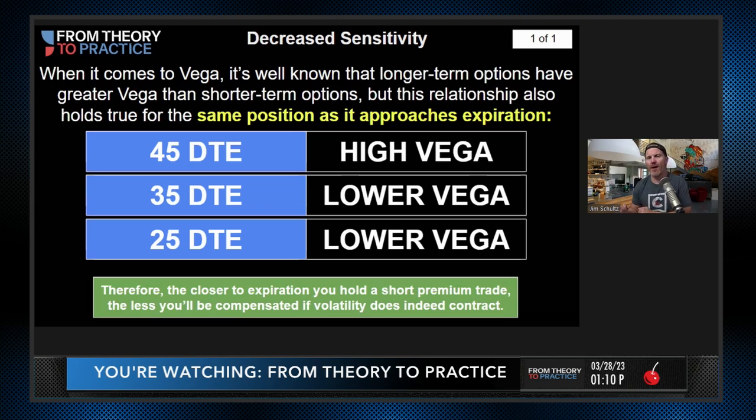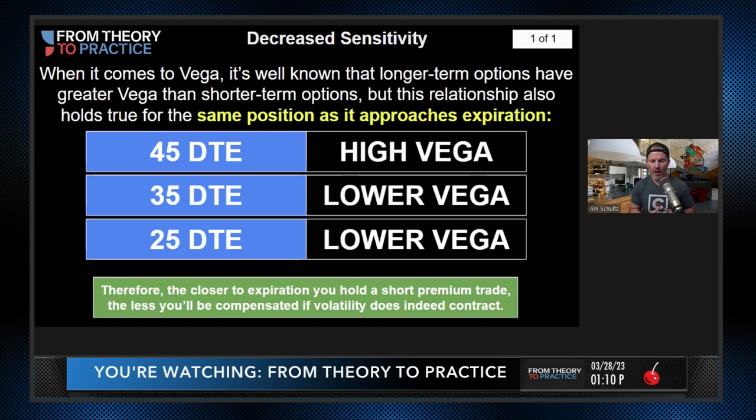What am I also signing up for? I'm signing up for volatility contraction. And by signing up for, in this context, I mean that's what you want to have happen. You don't know it's going to happen. There's no guarantee. But obviously, volatility contracts 80 to 85% of the time. So it's a pretty reasonable bet that at some point over the life of that trade, volatility is going to